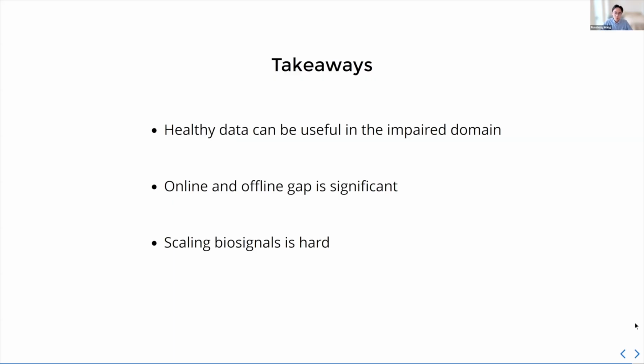And similarly, some of you might know that Meta, the company, recently released a wristband for EMG. And they have over 1,000 participants with over 1,000 hours of data. And the results are pretty good. It works quite robustly on healthy. So I do believe that scaling biosignals is very important. We should definitely do that. But without a standardized sensing interface, I think reusing data sets will be very difficult.